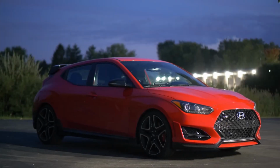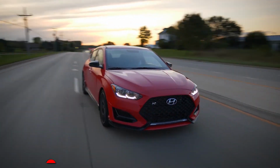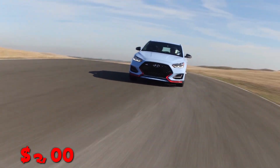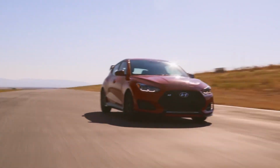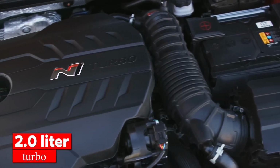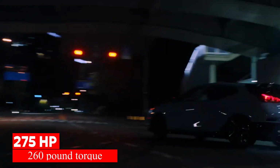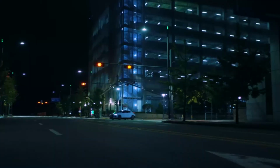Here at number 5, the 2020 Hyundai Veloster N, starting around $23,500. Hyundai priced these at $28,250, but now 2020 models with 30,000 to 60,000 miles cost $22,000 to $25,000. Hyundai stuffed a 2.0-liter turbo under the hood that makes 275 horsepower and 260 pound-feet through a 6-speed manual with rev matching. The engine pulls hard all the way to redline, and the turbo makes that great whistling sound when